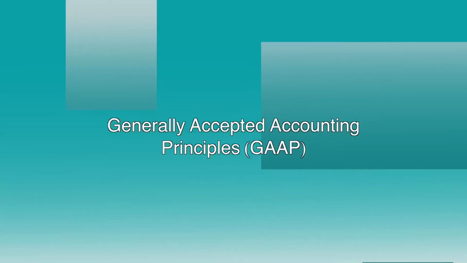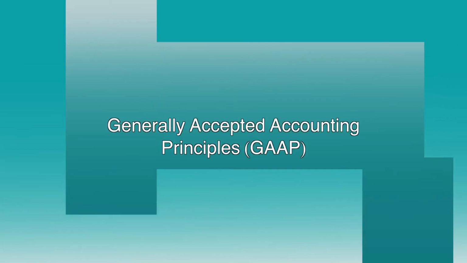Dear learners and viewers, now we discuss the generally accepted accounting principles or GAAP, and before going to the discussion of GAAP, we have to know the meaning of principles. You know, principles are broad general laws or rules adopted as a guide to action. So, GAAP or generally accepted accounting principle means the broad rules adopted by accounting professions in identifying, recording and reporting